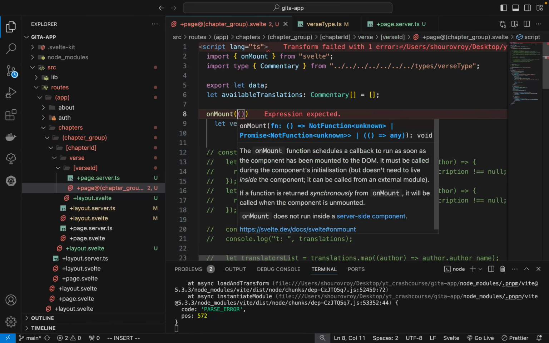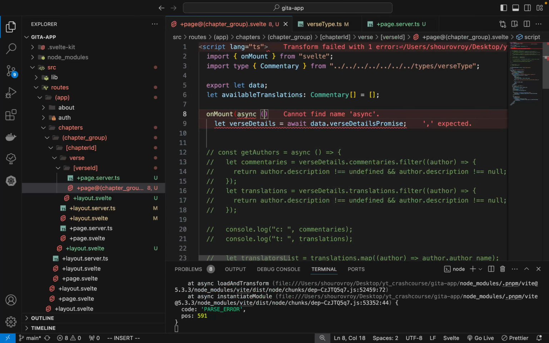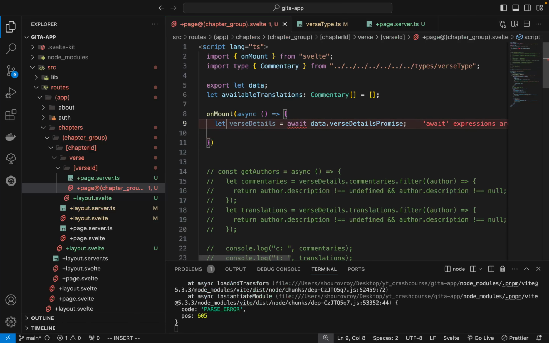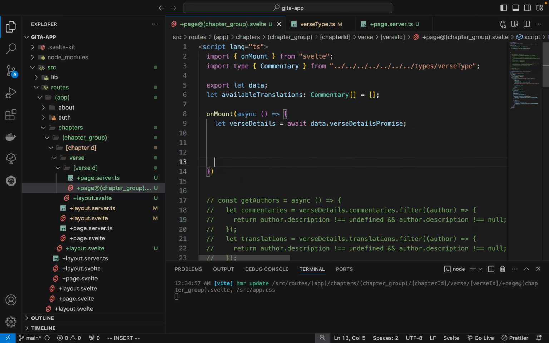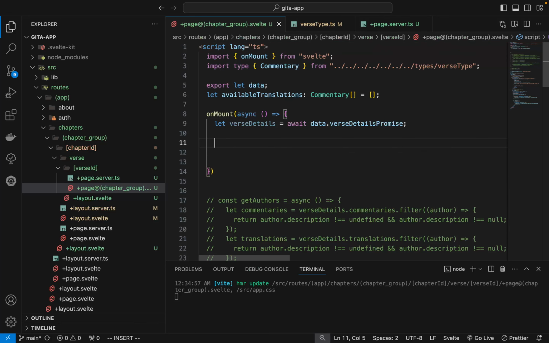On mount, I guess we can do asynchronous functions here. Can we? Yes, we can. And let's console.log. Okay, so